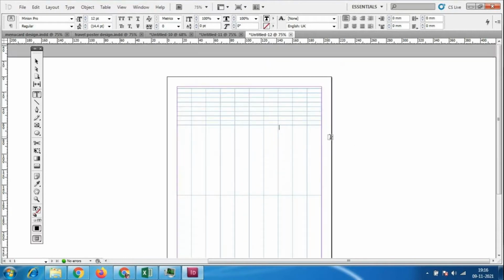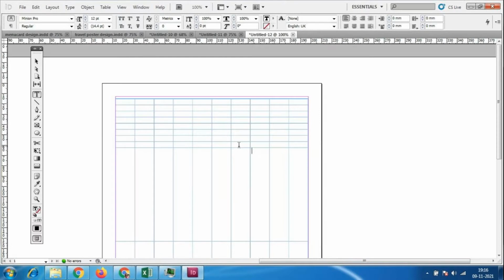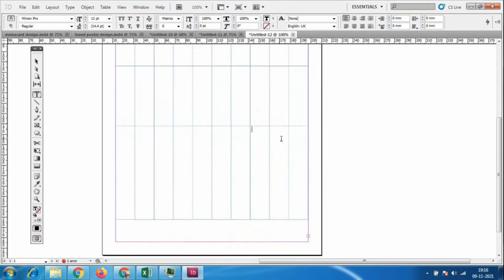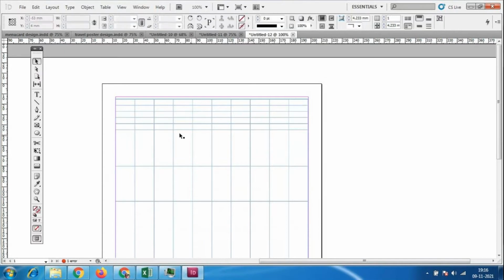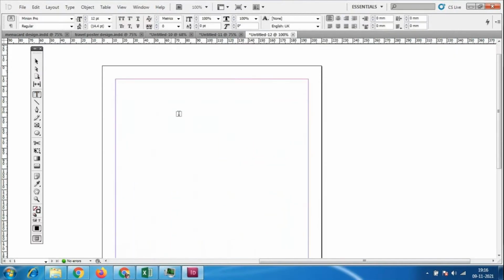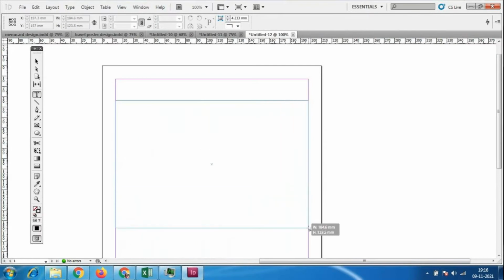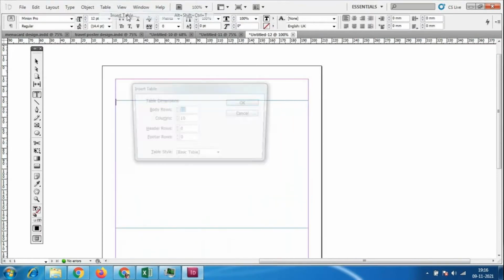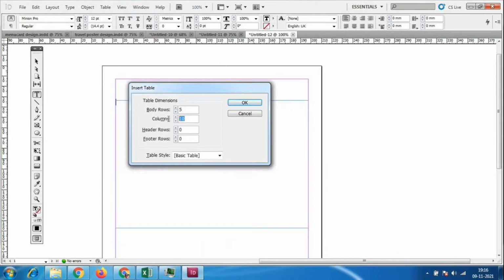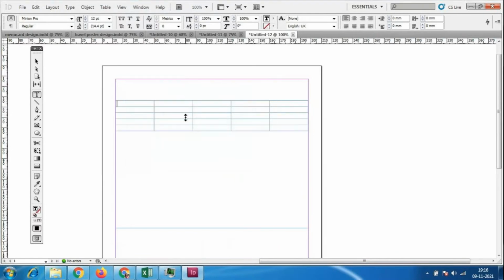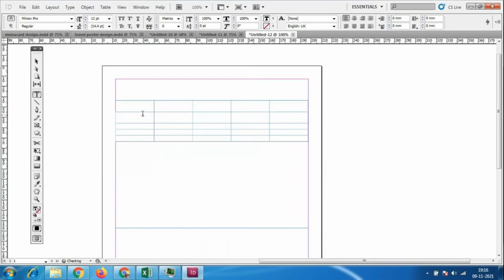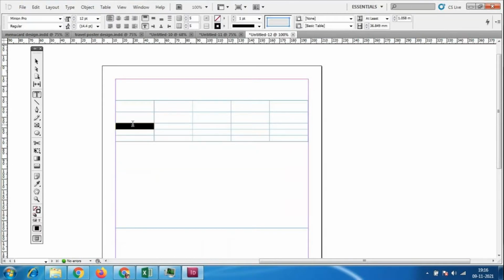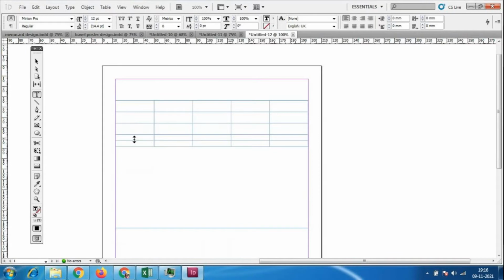We need this option when we have to create a ledger book design; these kinds of columns are always necessary. So we have to take the text box. I'll take it once again, only as much as we need. I'll go to Table, Insert Table, and use 5 rows and 5 columns like this. If I press enter, you will have a space. I'll keep the cursor and press enter, and again, so like this we'll have the option.